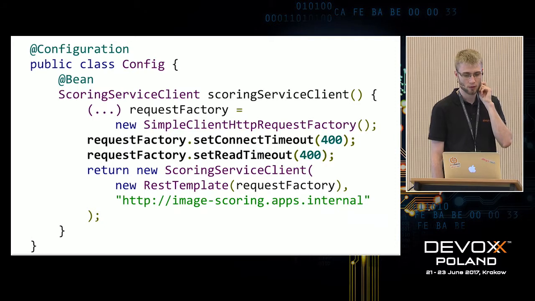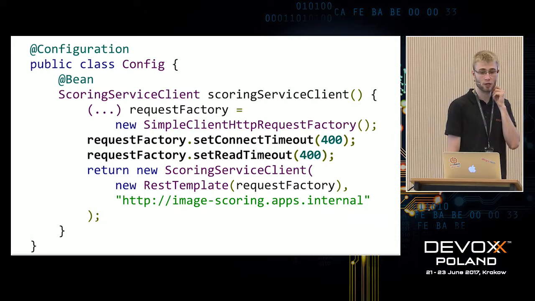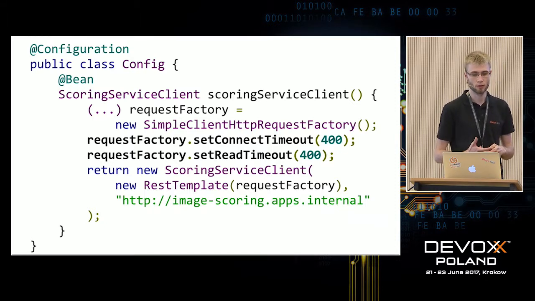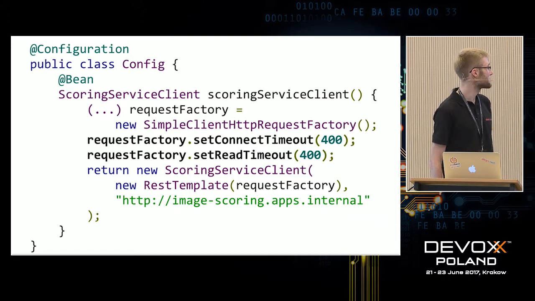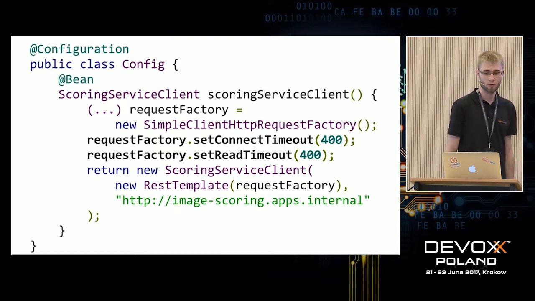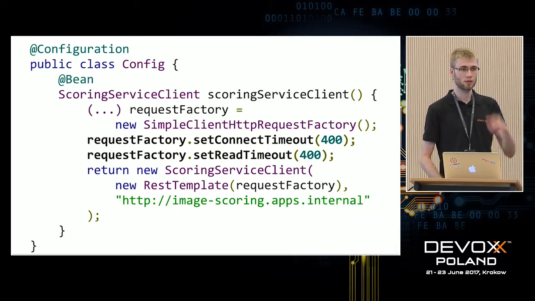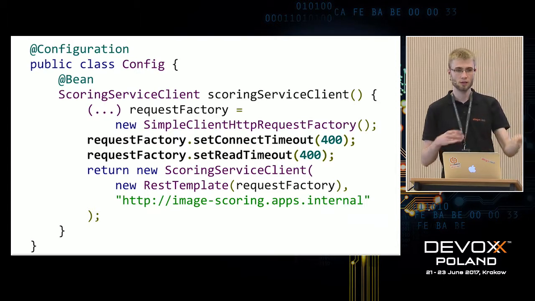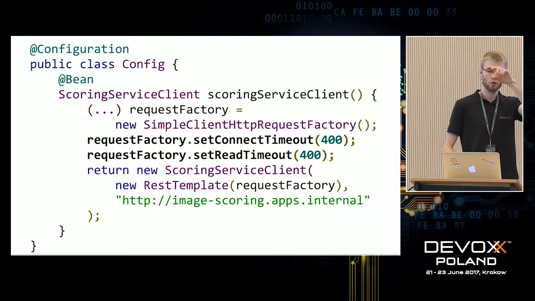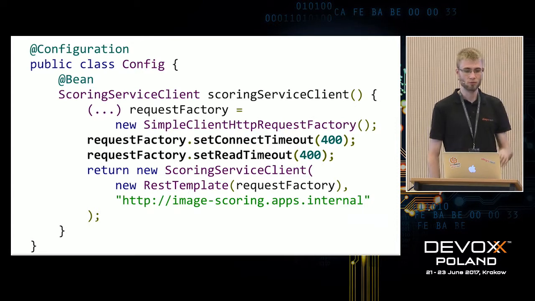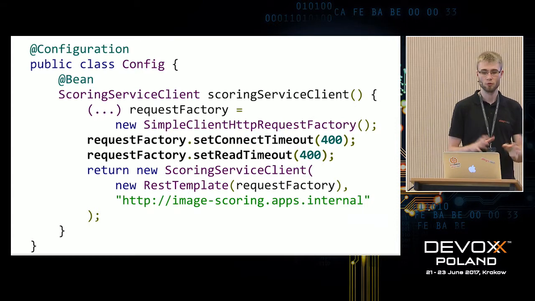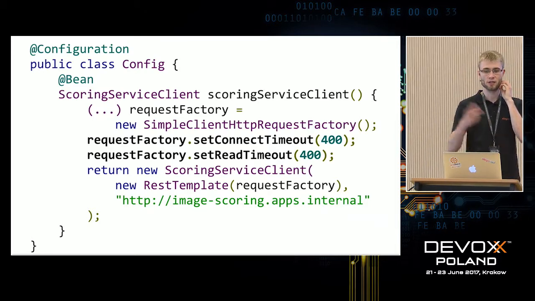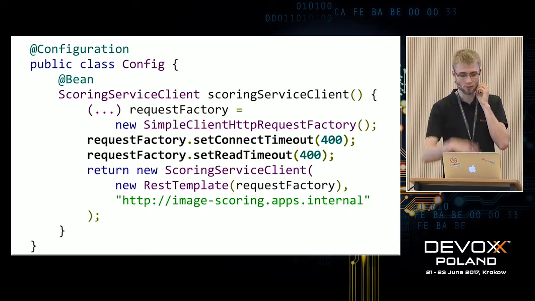We just have to make our configuration a bit more complex. We need to set up our request factory with timeouts. Let's provide some arbitrary timeout, like 400 milliseconds. Getting this number right is quite important. If you monitor your dependencies, these services that you call, then you should know what the response times were from last week, from last month. So maybe you know what timeout to provide, or maybe you can talk with the authors of this service. What's their SLA? To get these values right.